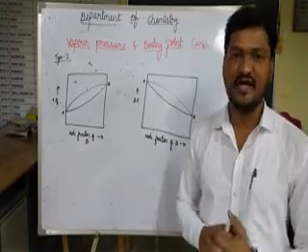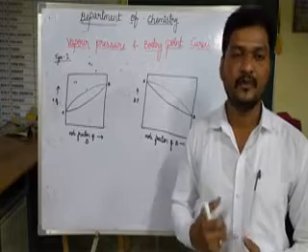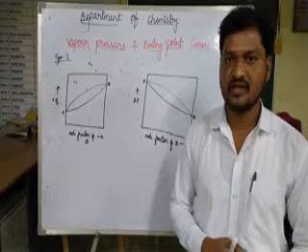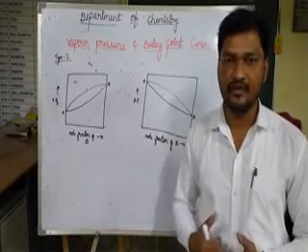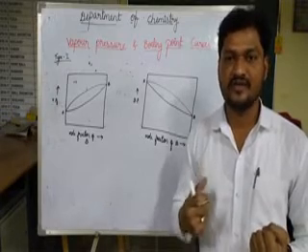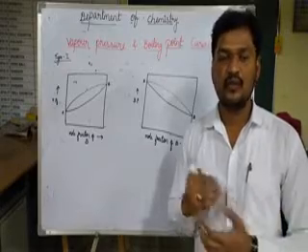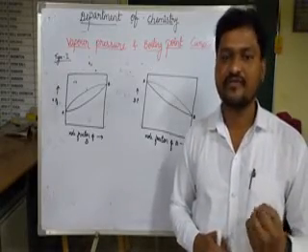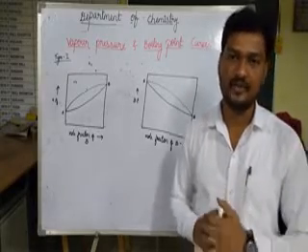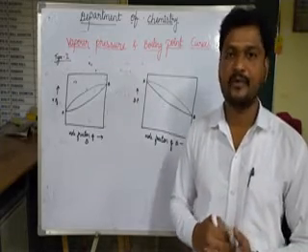And also we can say that if the vapor pressure is less, the component requires a higher temperature to boil. It means for any molecule or component, if the vapor pressure is less, its boiling temperature will be higher. And it is vice versa. If the vapor pressure is higher, it is going to boil at a lower temperature. So its boiling temperature will be lower if its vapor pressure is more.